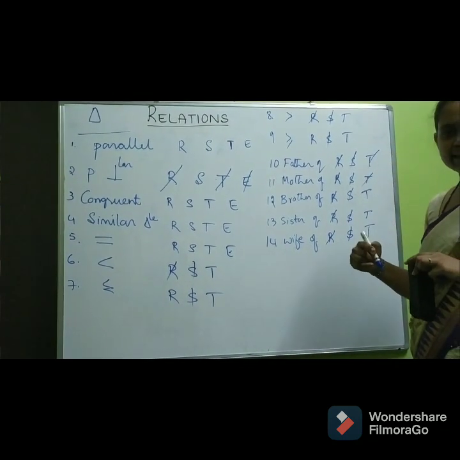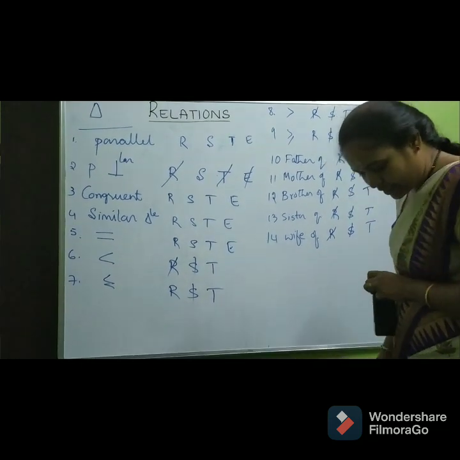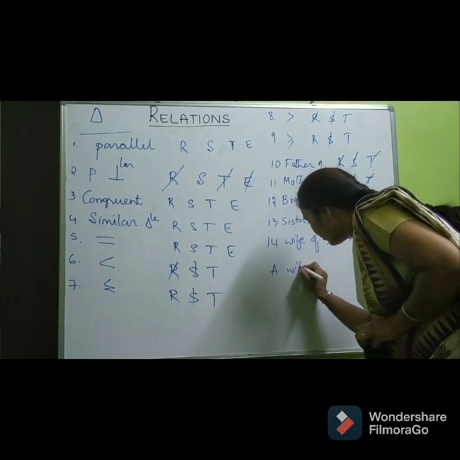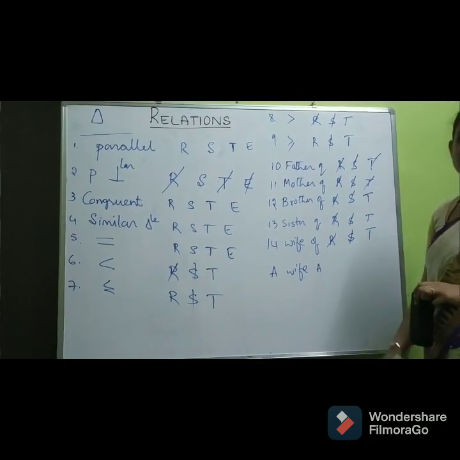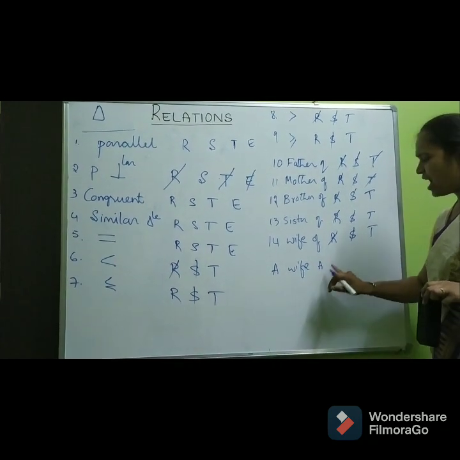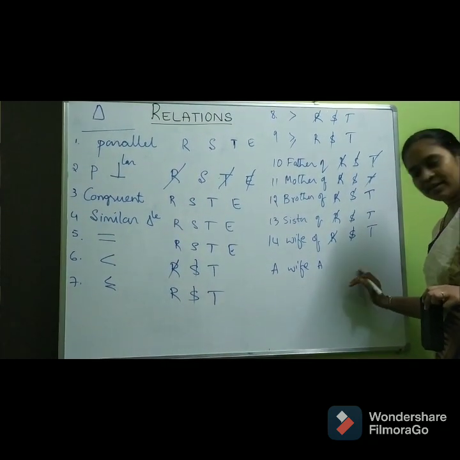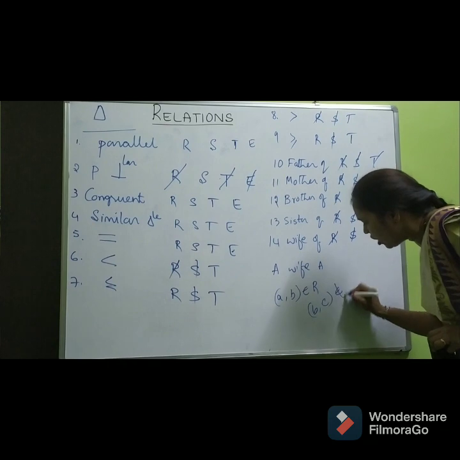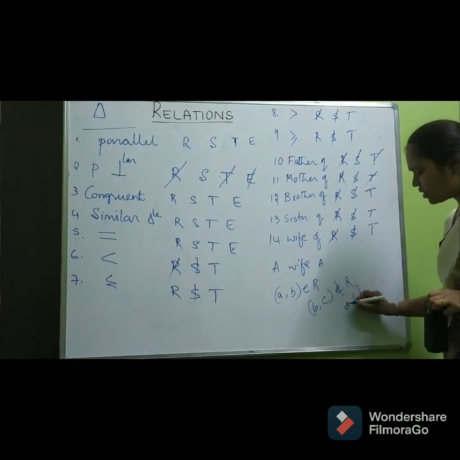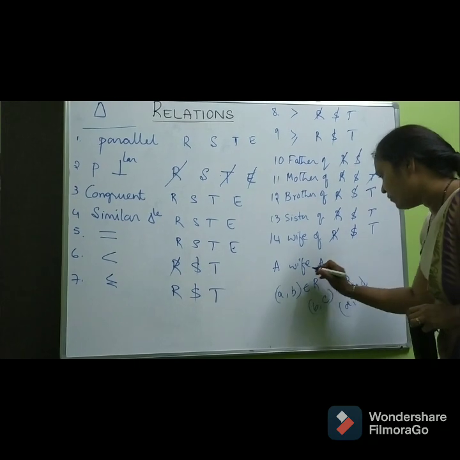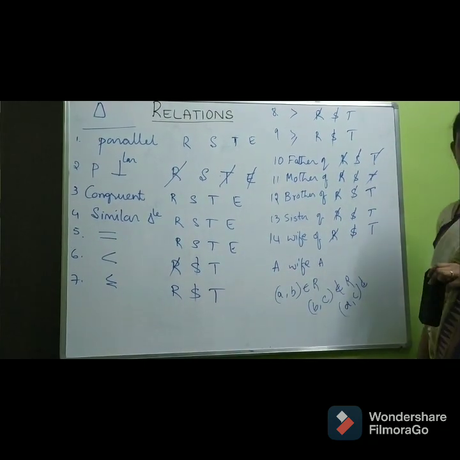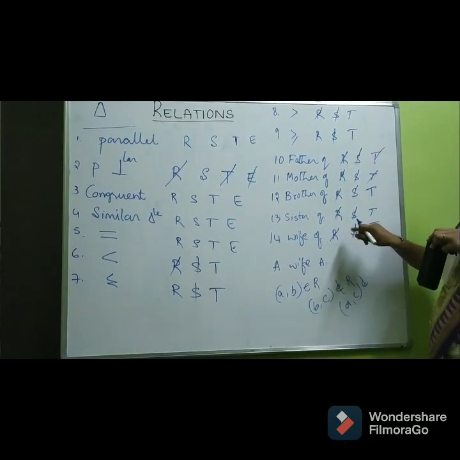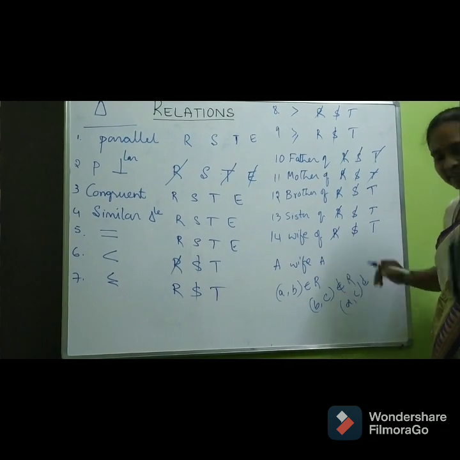Remember what is the second case? I'll give an example. See, Aishwarya is wife of Abhishek. Abhishek can't be wife of anybody. See, AB exists, BC does not exist. Therefore, no question of AC. Therefore, the wife of relation is transitive. Have you understood? Wife of relation is neither reflexive nor symmetric but transitive.